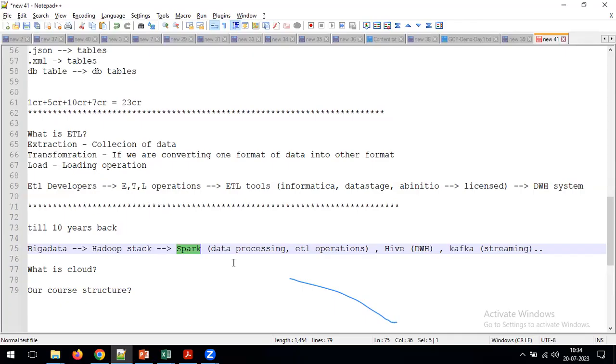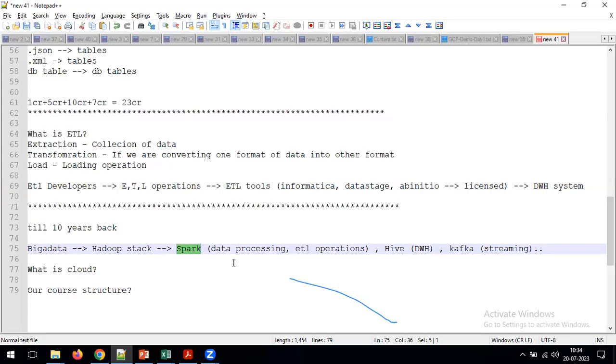Obviously, we are going to choose option 2, because in option 2, everything comes as open source. You don't need to pay any license cost, so without spending money, we can achieve our requirements. That's the reason nowadays most of the projects are migrating to the big data stack. Some projects have already migrated, and the pending projects in the real-time system are slowly migrating to our big data system.